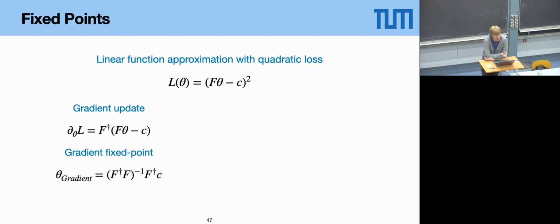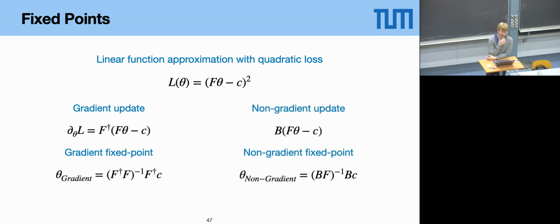If you now compute the gradient update just by applying the chain rule, I'm sure you know that it would look like that here. And if you ask yourself now, where does this update procedure end? What is the fixed point? You just have to set this gradient update equation to 0, and then you get an expression for theta. At that point, you don't perform any updates anymore because everything's 0 there.